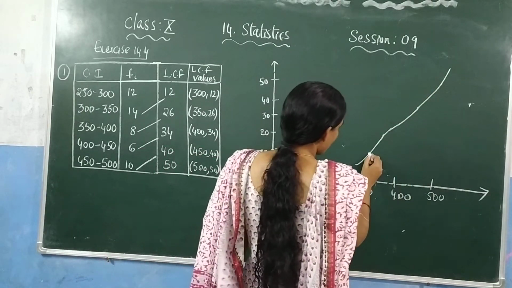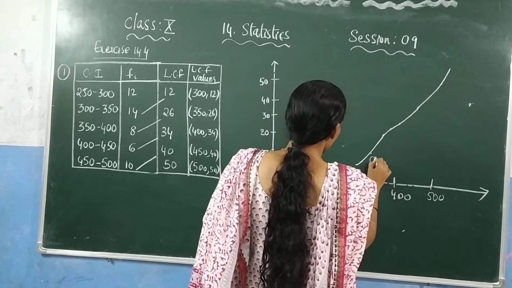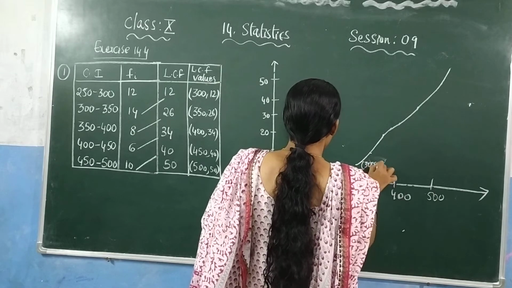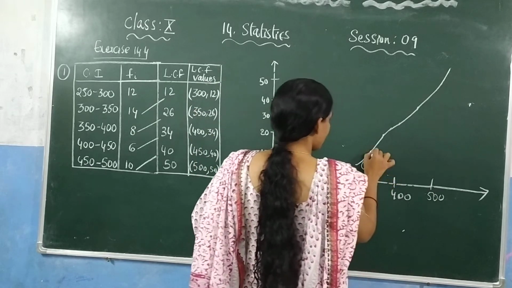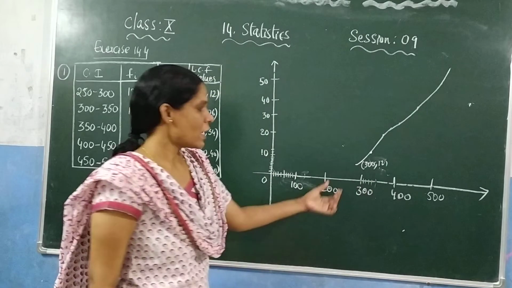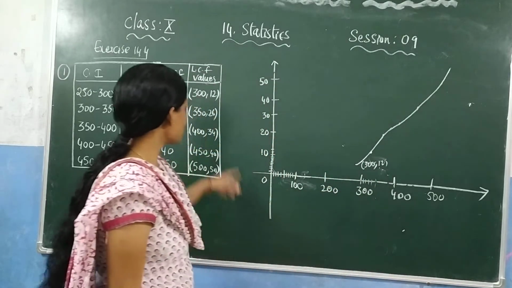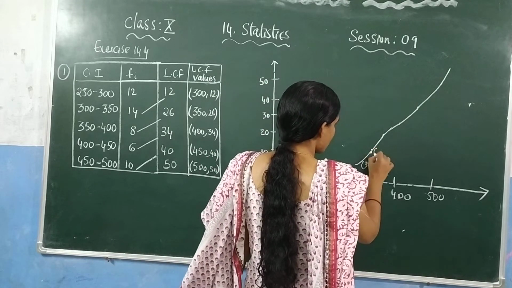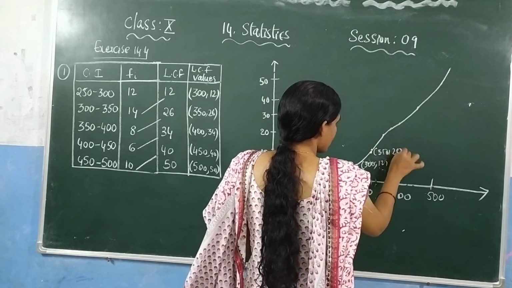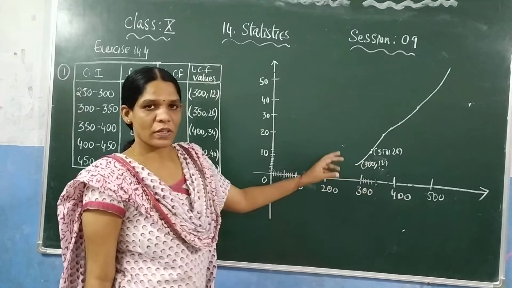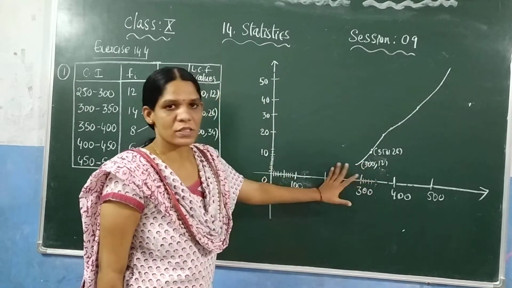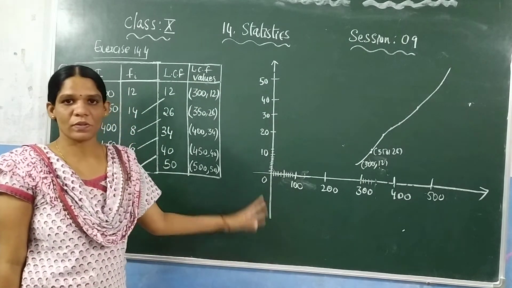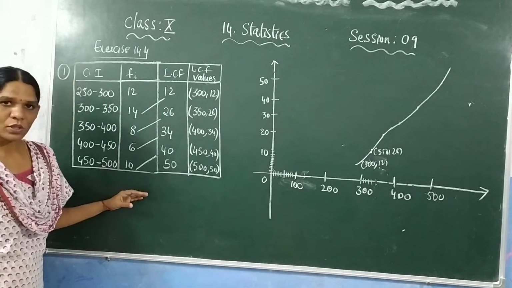So after marking the points, write it here. What we have, this one is nothing but 300 and 12. Like that, at each point you represent the X point and the Y point. And the next one we have written 350, 26, where I have written 350 and 26. Like that, at each point where we have represented, write the points there, so that while seeing the graph, we will come to know where we have represented those points. Like this you need to draw the graph.